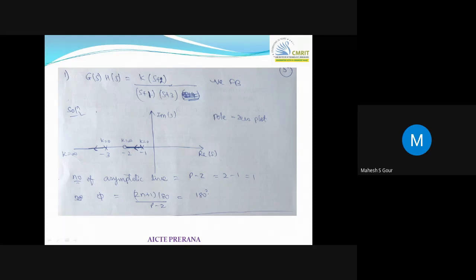Okay, everyone is present. So now see, when this is given, what is given? This is your open loop transfer function. Everyone agrees, and negative feedback is given. That indicates H(s) is equal to 1, unity negative feedback, right? So this is negative feedback. Now, see, a pole zero plot you need to draw. So how to draw the pole zero plot?